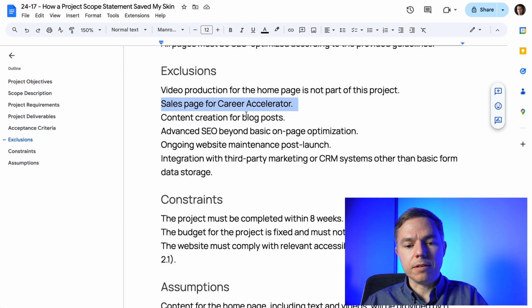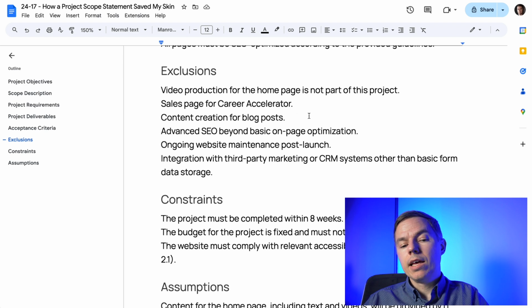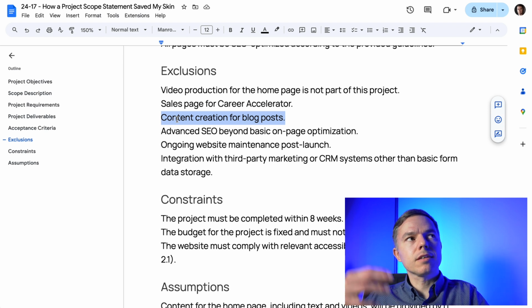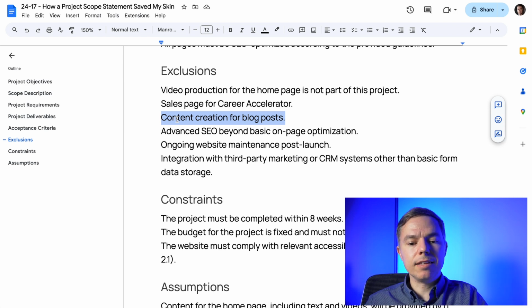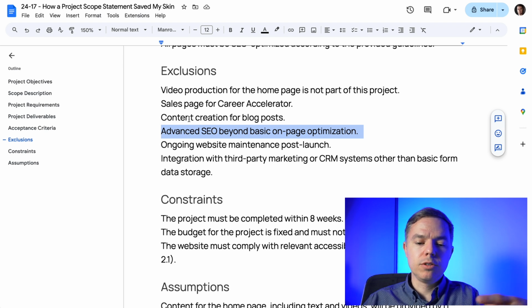We want to be very specific because sometimes customers assume that it's all included, but it's not. And then in the middle of the project, it will be very hard to negotiate inclusion or exclusion of these parts. Again, content creation for the blog posts. We exclude it from the project. We create only the structure, the technical capabilities to add these blog posts, but we don't write blog posts themselves. On-page optimization, same goes. We do the backend stuff where we provide metadata for these web pages, but we don't do anything on the page in the content itself.